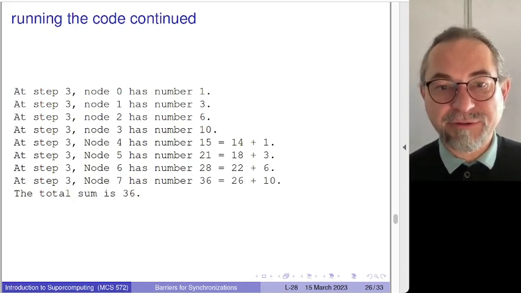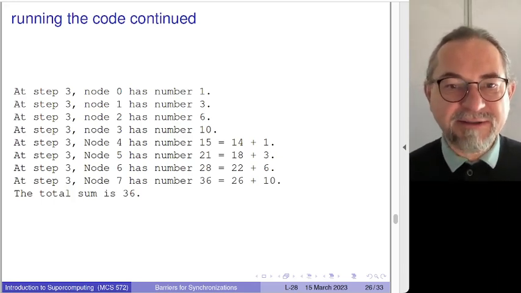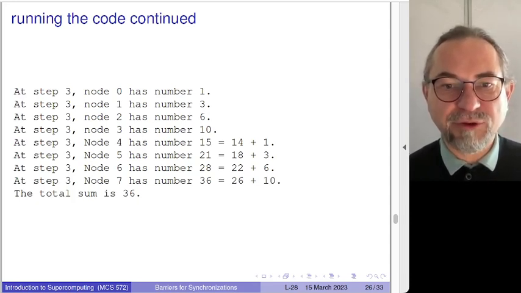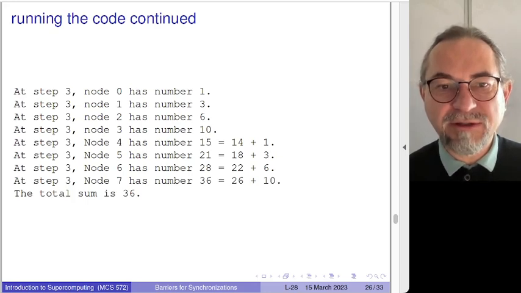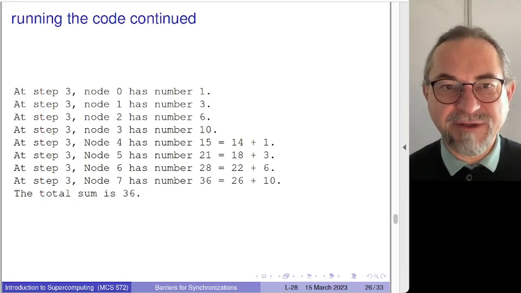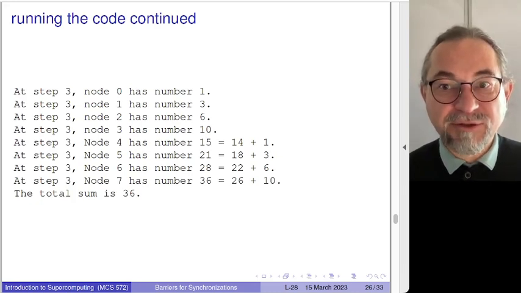And we see all the partial sums here. So in that sense, this explains why at the very last step only the total sum was printed out. We can read off what the values are that are stored in every node. So this is the MPI version in C